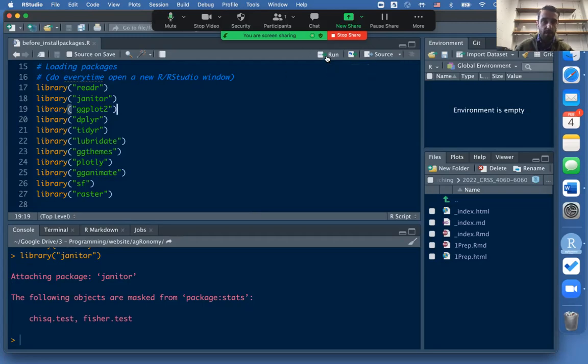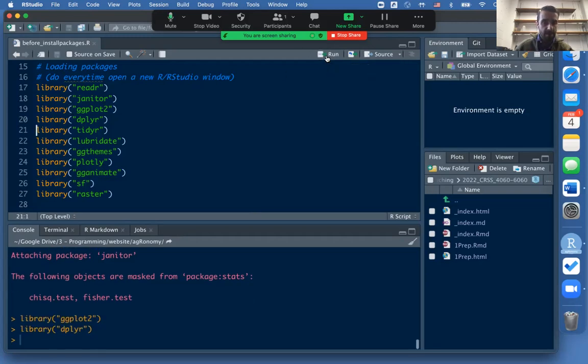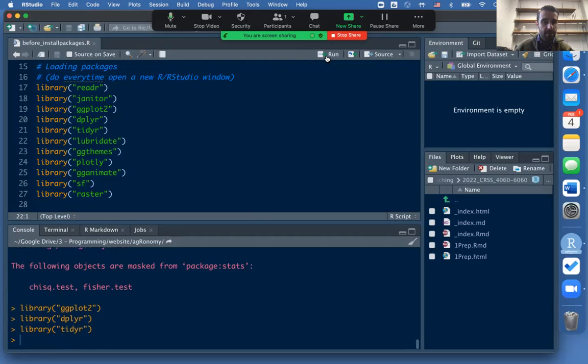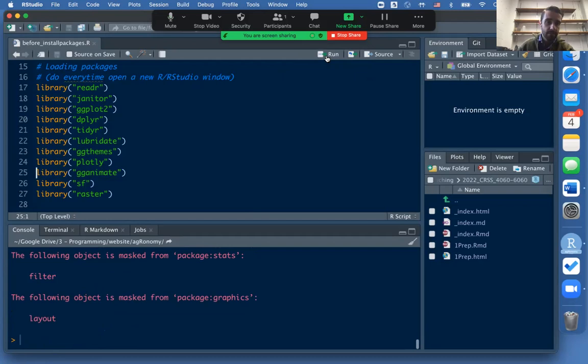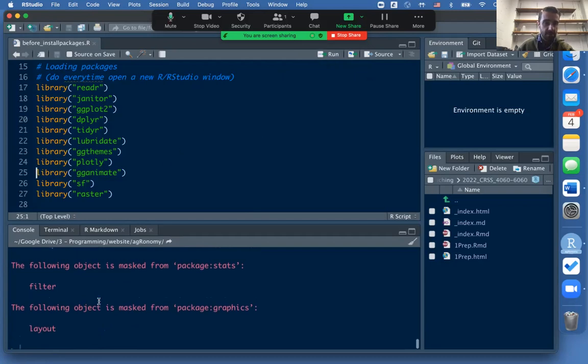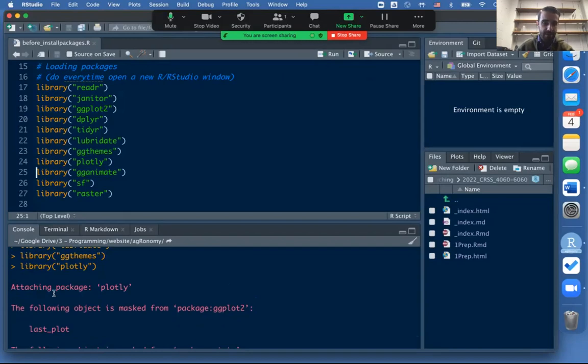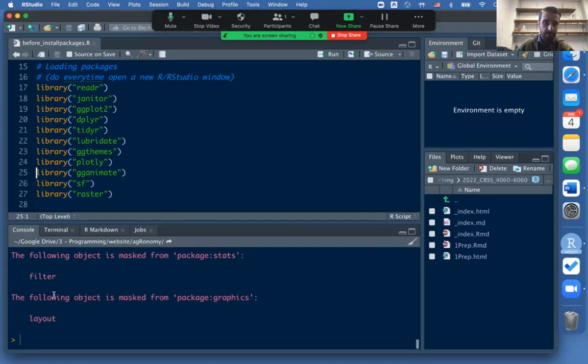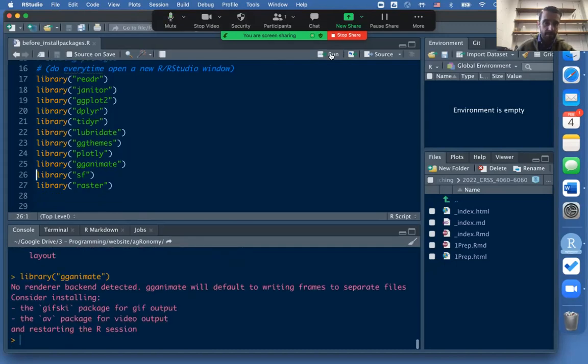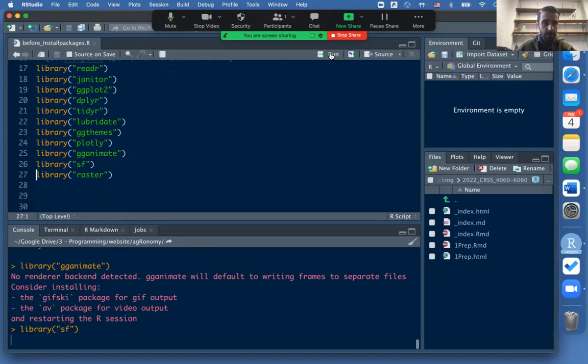So I'm just going to keep going here. ggplot, no messages, dplyr, no messages, tidyr, lubridate, ggthemes. Plotly gave some messages here, but no error. If you read here, the word error is not part of it. It's just telling me some messages from that package. Let's try gganimate. Also some messages, but no errors. SF